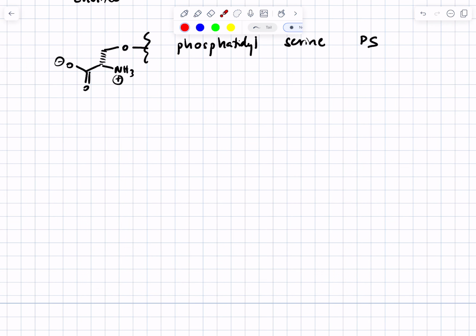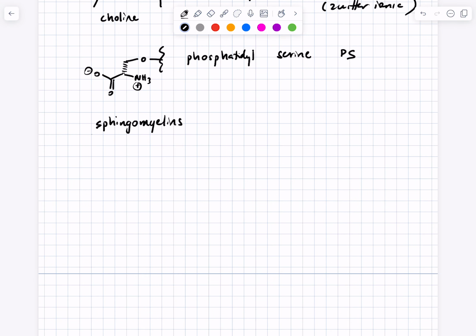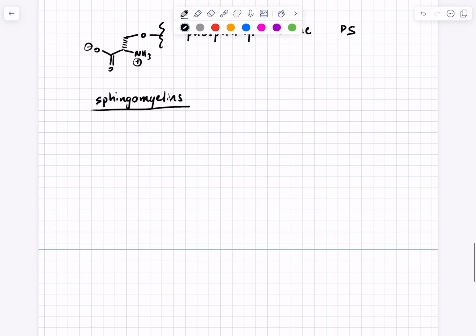One more kind of thing that should fall into the class of phospholipids is a class of molecules called sphingomyelins. These are not based on glycerol, but their structure is very similar. And they can be hydrolyzed a little bit. So drawing this structure is a little bit difficult. You need an oxygen,